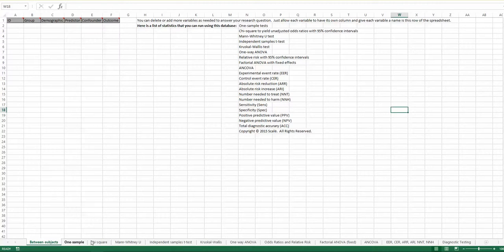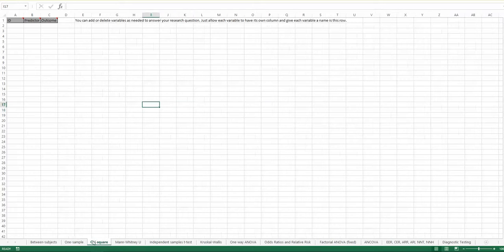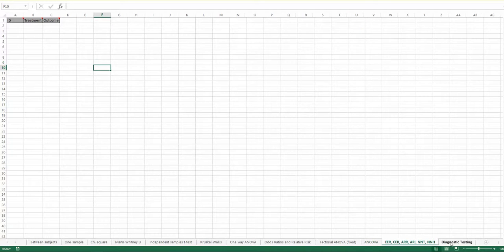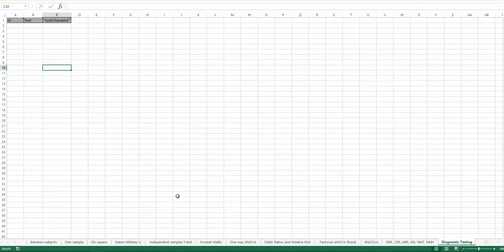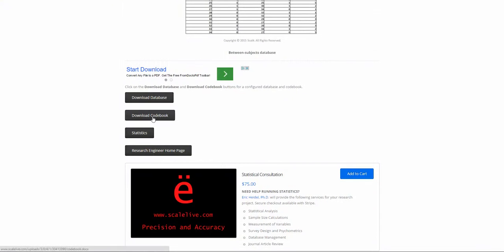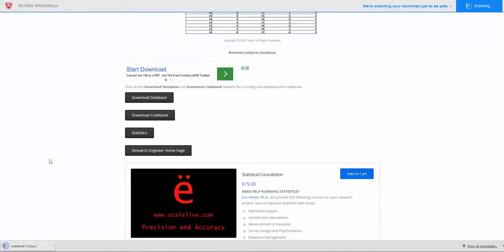Along the bottom, you see one sample, chi-square, Mann-Whitney U, independent samples t-test, Kruskal-Wallis, one-way ANOVA, odds ratios and relative risk, factorial fixed, MANCOVA, epidemiological measures, diagnostic testing. So be sure to visit this web page and download this spreadsheet and feel free to use it as much as you like. Also, you can press on download codebook